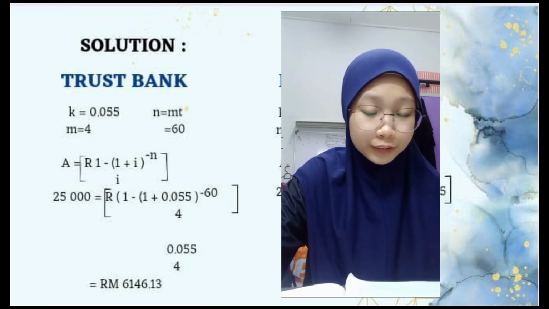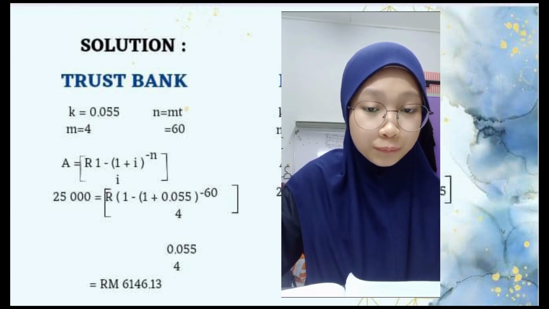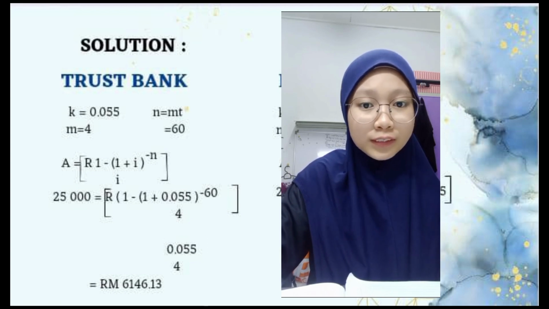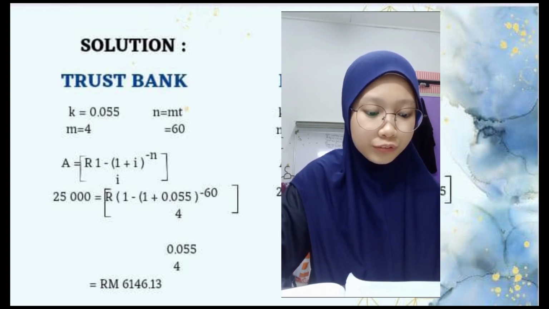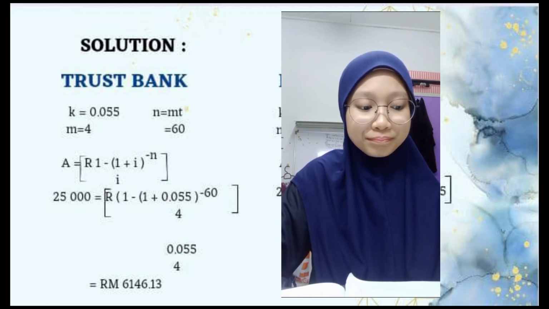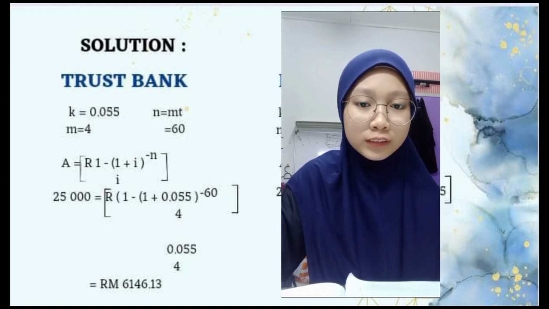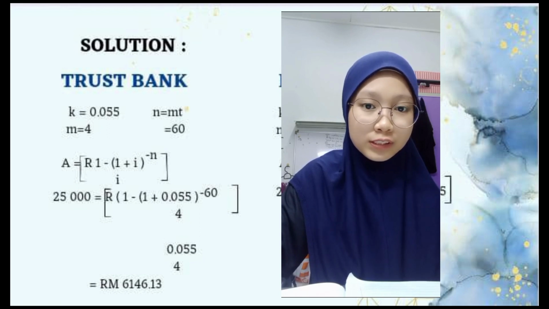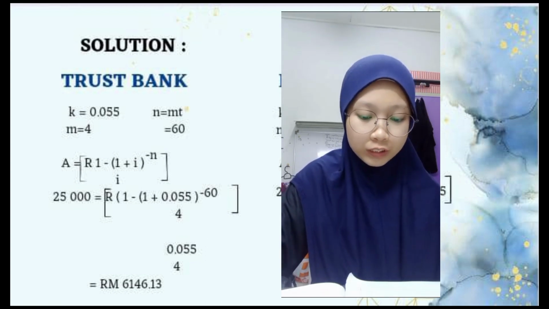So how to get 1.055 for Trust Bank? The percent is 5.50%, divide by 100, and we get 0.055. You will get 60 periods; this question gives 15 years, multiplied by 4, and you will get 60. Then divide 0.055 by 4 because we want K per M. So you calculate, and you will get